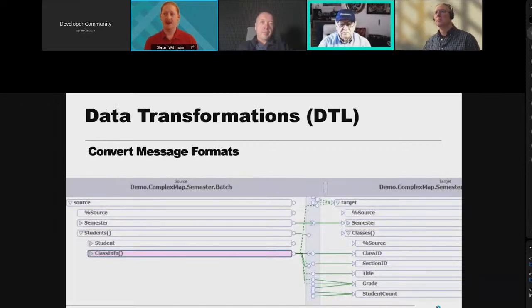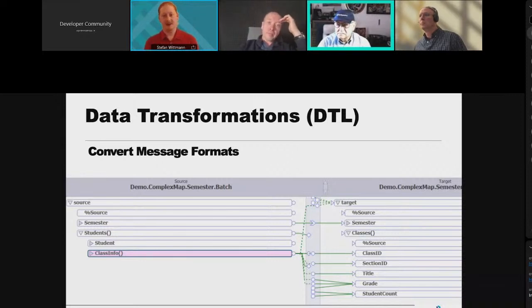Also, another option that you can use and directly invoke from within your business rules is the data transformation engine, which allows you to take a message from the left side here, from one format, and convert it into another message structure, which can be any kind of class that you design, or it can be any of the virtual document types that InterSystems IRIS supports. So that could be EDIFACT, it could be X12, or if you're in the healthcare sphere, it could also be HL7 or something else, right? It's a very powerful tool, allows you to map your messages either in a graphical visual way like you see on the screenshot here, or underneath by writing code.